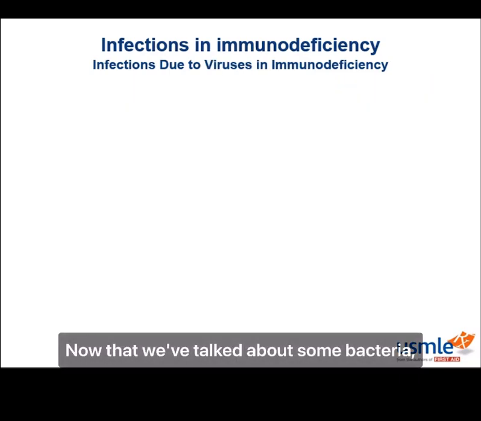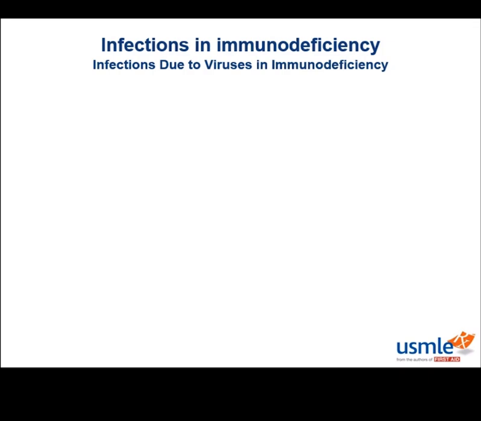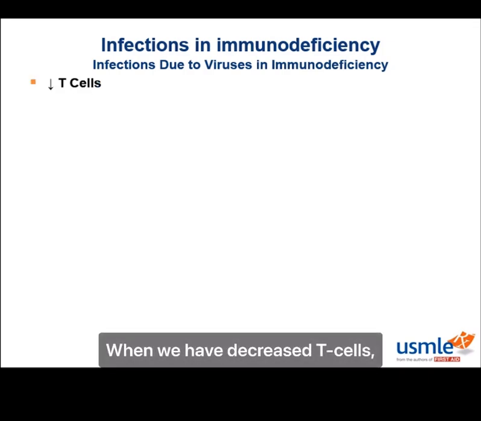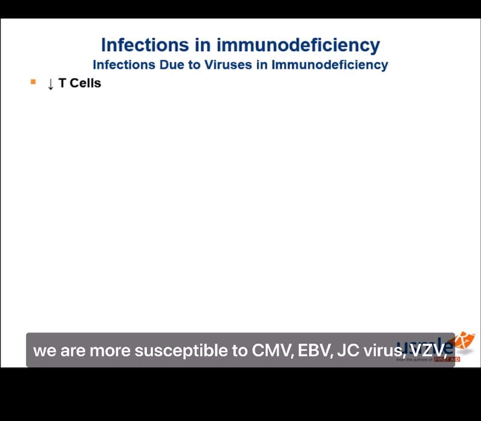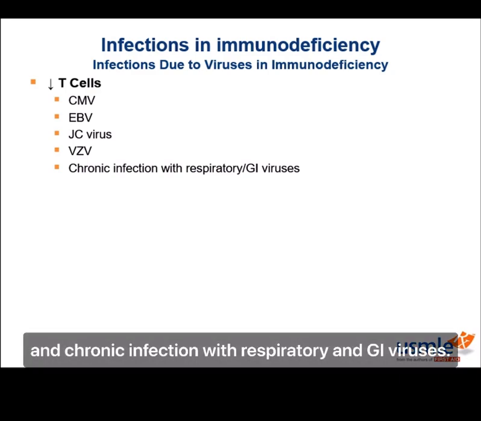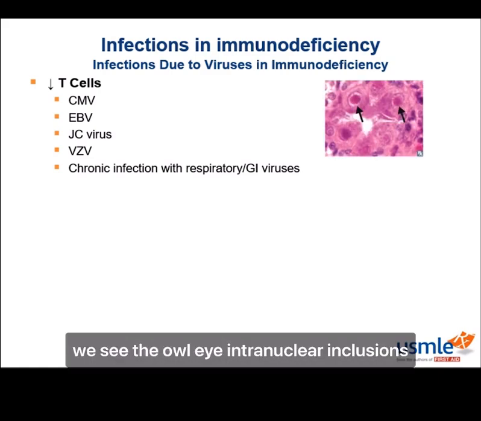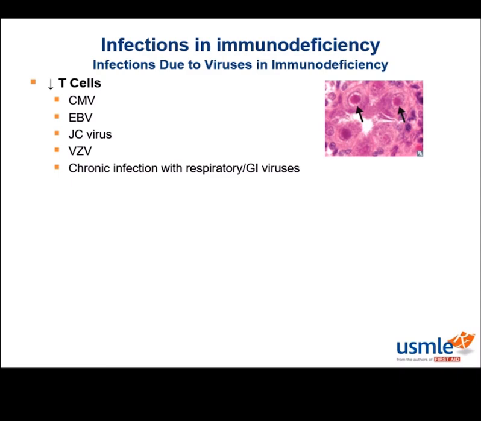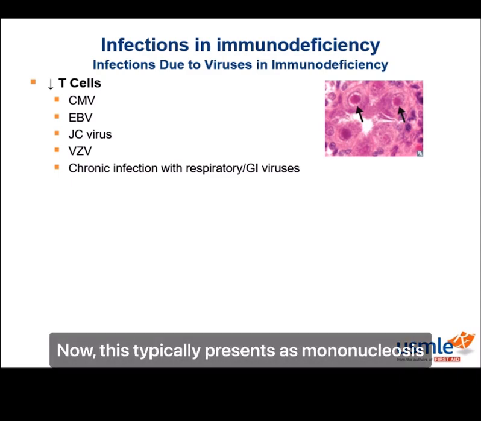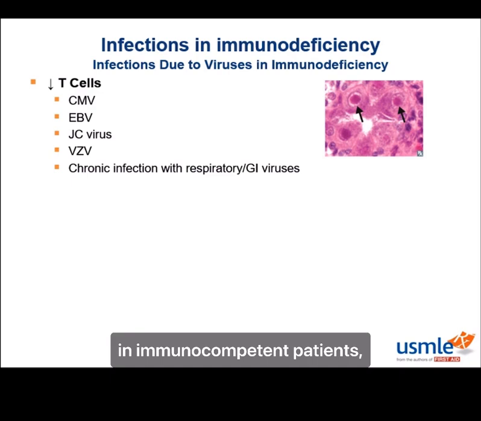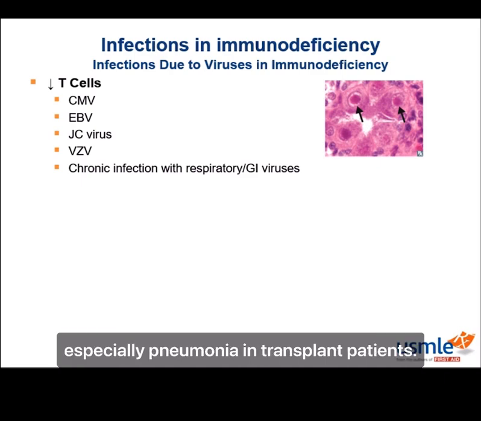Now that we've talked about some bacteria, let's talk about common viral infections in immunodeficiency. When we have decreased T cells, we are more susceptible to CMV, EBV, JC virus, VZV, and chronic infection with respiratory and GI viruses. Here in this image, we see the owl eye intranuclear inclusions that are characteristic of CMV. Now, this typically presents as mononucleosis in immunocompetent patients, but it can present as infection in immunocompromised patients, especially pneumonia